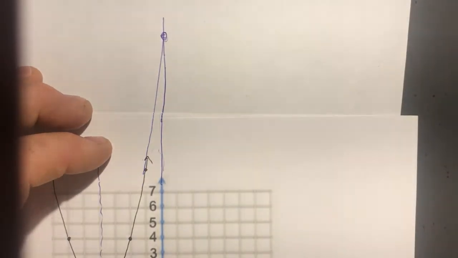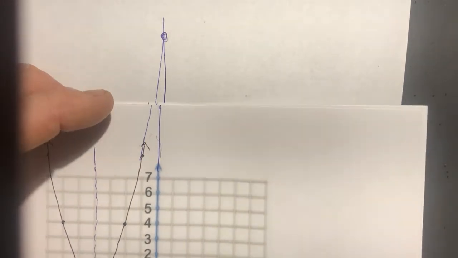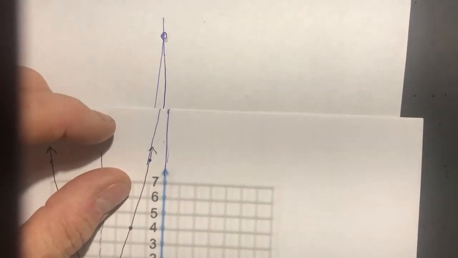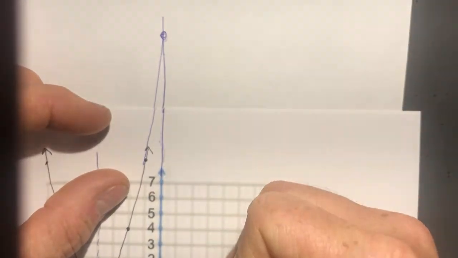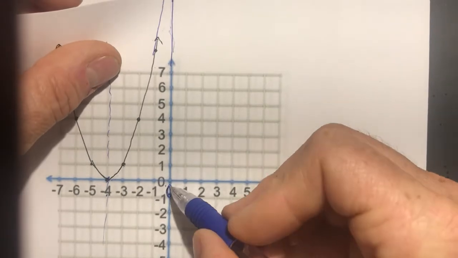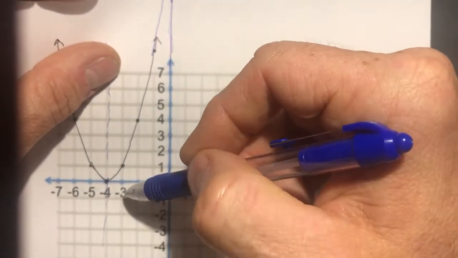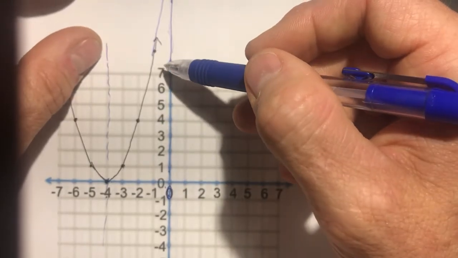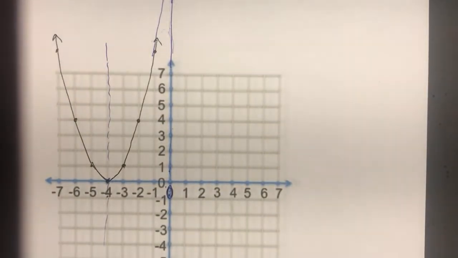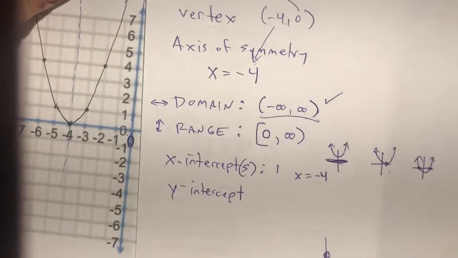Now what that value is, I have no idea. I can figure out what it is because, on this axis right here, this is when x equals 0. Okay, see, x equals 0 on this axis. So I could put 0 in the equation and figure out what it is, but I don't have the equation for this one, so I really can't do that on this one. But anyway,